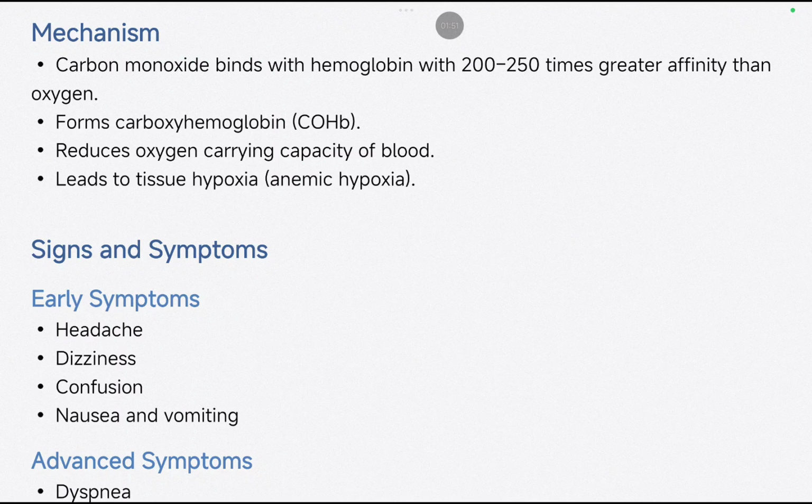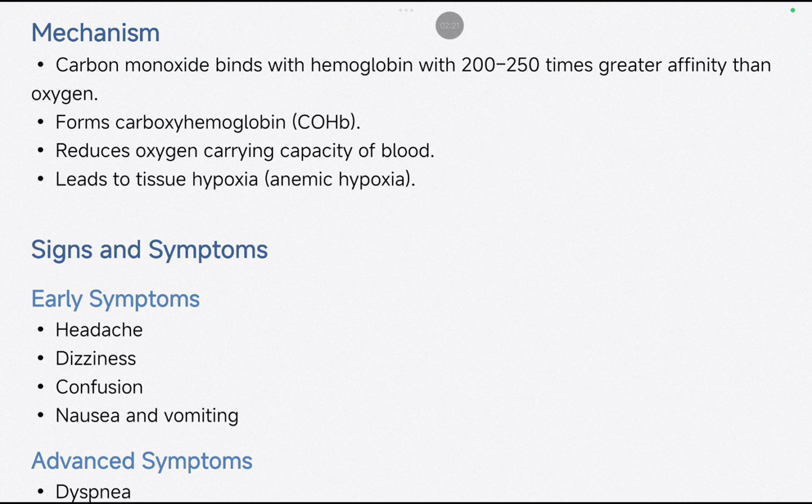So why is it harmful? Because earlier this hemoglobin was being attached to oxygen and normal tissue respiration was taking place. Tissue oxygenation was taking place. But since now there is carboxyhemoglobin, it is leading to reduced oxygen capacity of blood. And what happens when less oxygen is present in the blood? It will lead to tissue hypoxia.